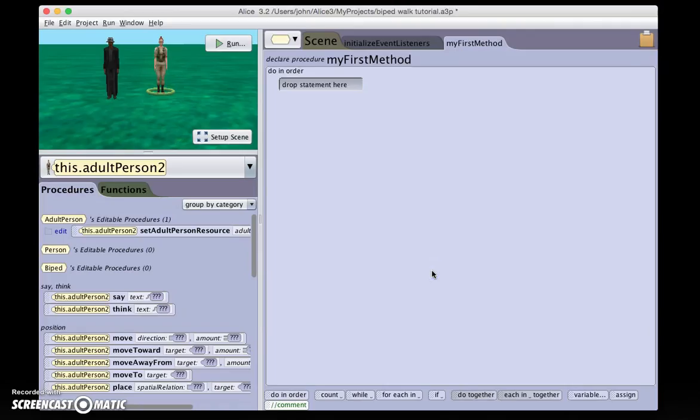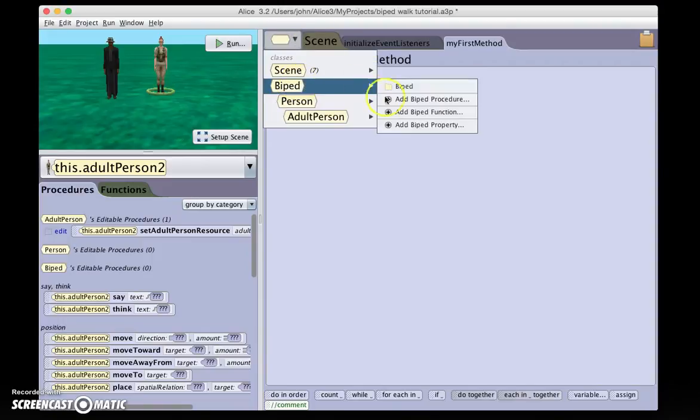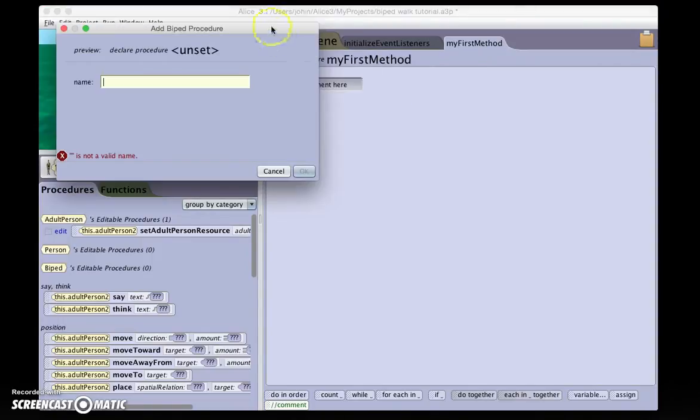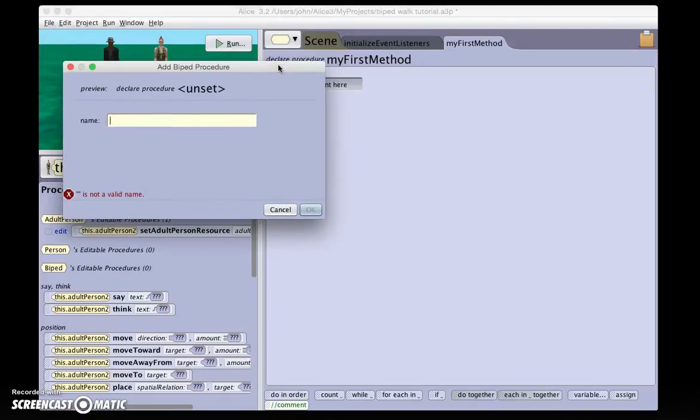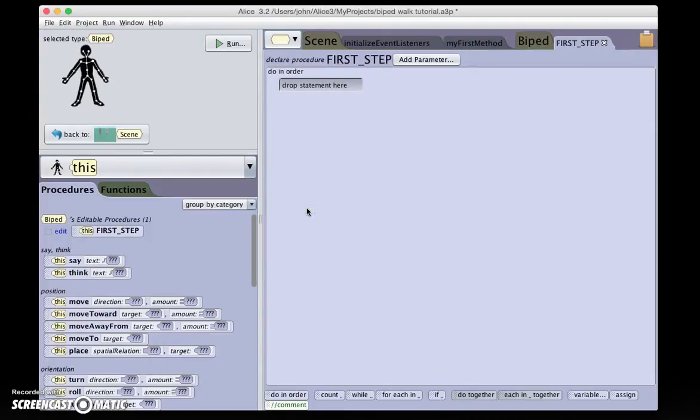I can go to edit my code. And as we talked about, instead of creating the walk behavior inside my first method, I'm going to create a biped level procedure for my walking. That way I can apply it to any biped. I'm going to call it first step. And I'm going to add a do together wrapper because I want all of the motions in this first step of walking to happen together. It's going to consist of